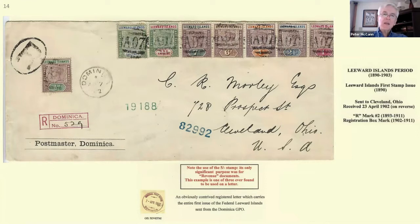And you say, well, hey, McCann, why are you showing this very philatelic cover in what's supposed to be a serious postal history exhibit? And I come back, this is a hypothetical question. Nobody's actually asked me that yet. Well, I've only shown it actually once, but